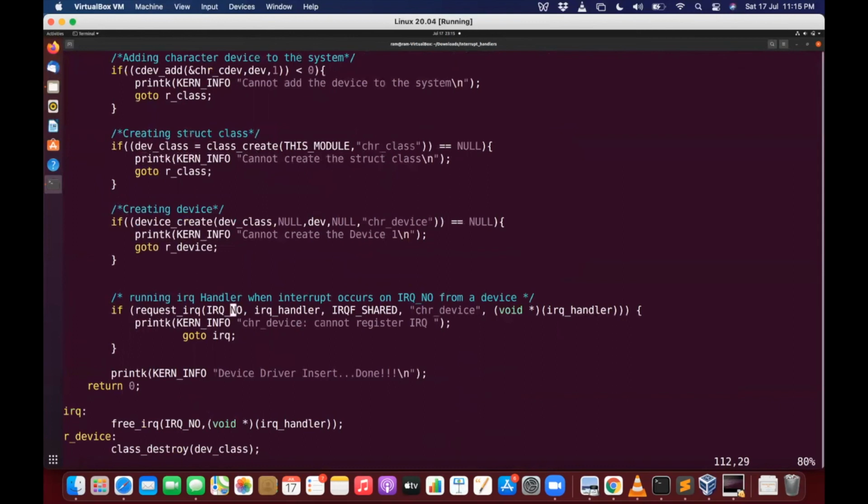This is the interrupt line number that we have to specify, and this is the interrupt handler function that will run when it gets an interrupt. And here I am specifying IRQF_SHARED because one interrupt handler is by default registered for the keyboard, but we are registering a separate interrupt handler for our demonstration. And this is the pointer to the interrupt handler device.